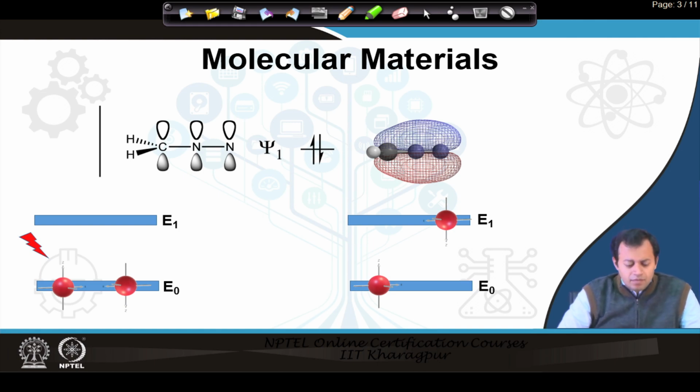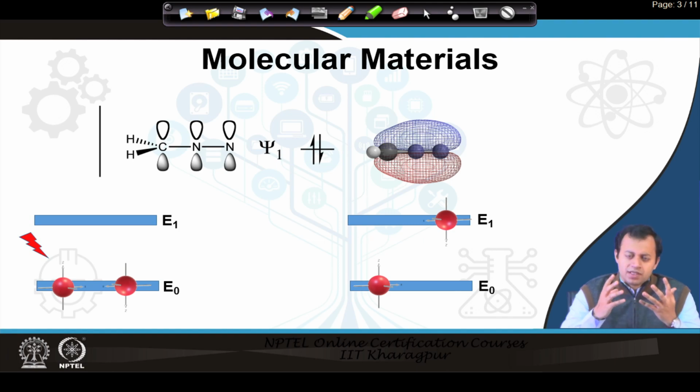But anyways, let us discuss a little bit more about these conjugated molecular materials. The idea here is that if we understand individual molecules, we will be more or less able to understand the whole material, because the whole material is overall made up of loosely connected molecules, van der Waals connected molecules. So, if we understand the optical property of a molecule, we can simply average it out and thereby determine the overall property. So, when we are talking about individual molecules, as I discussed, each atom of this individual molecule has